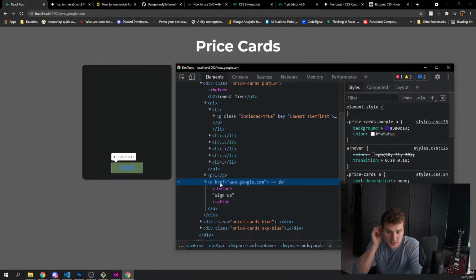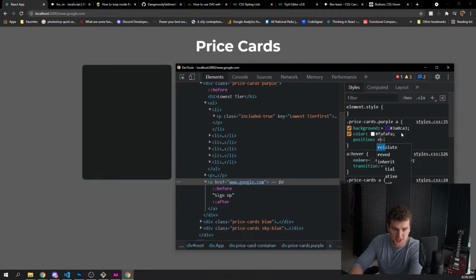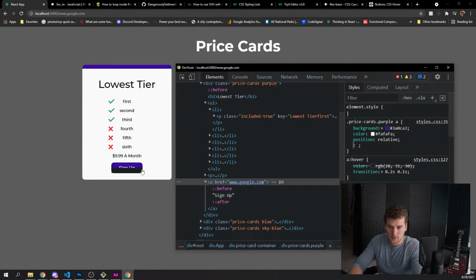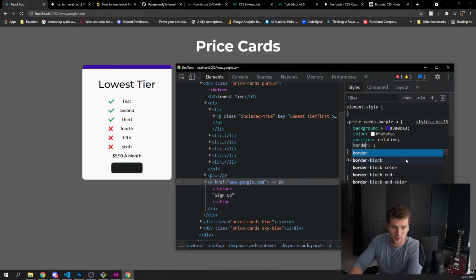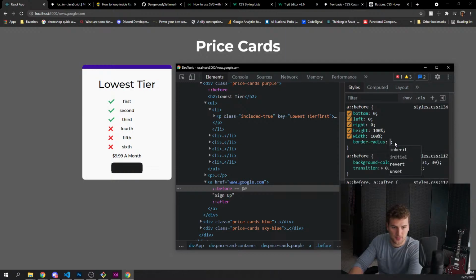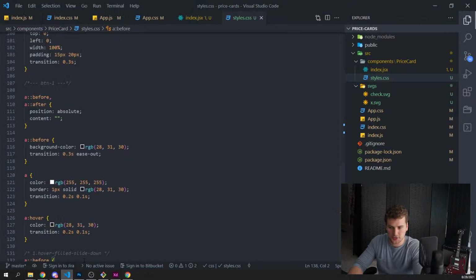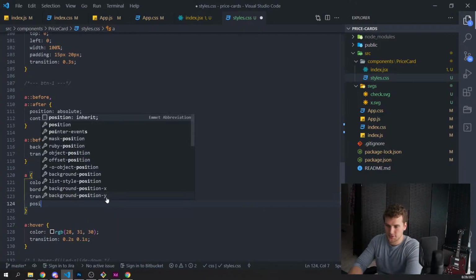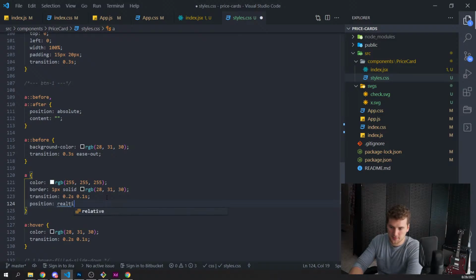The pseudo element, oh, because the A needs position relative. And then border radius 10 pixels? No, do the pseudo elements need the border radius of 10 pixels? They do, okay, gotcha. Okay, so we just need to do position relative on those.